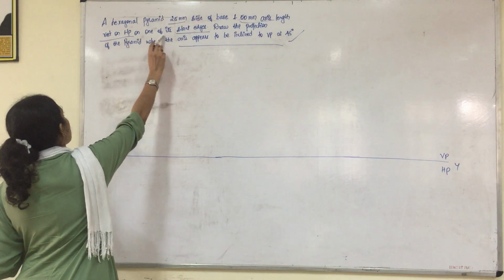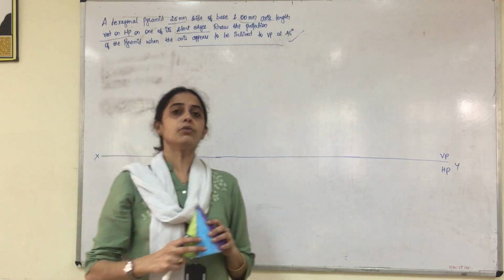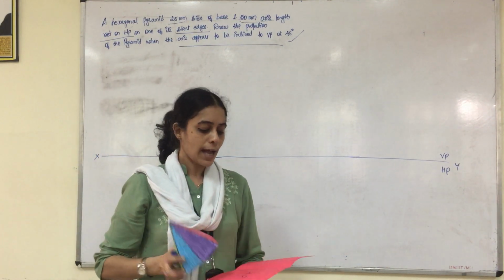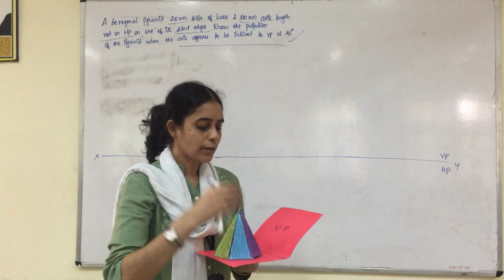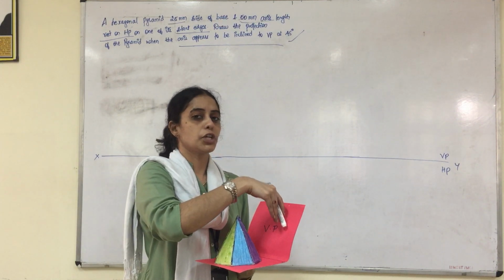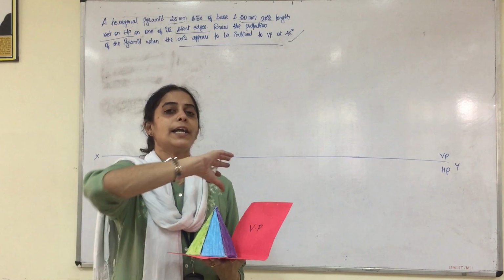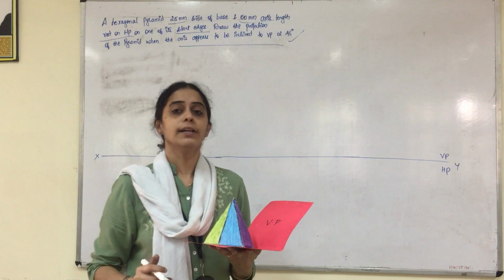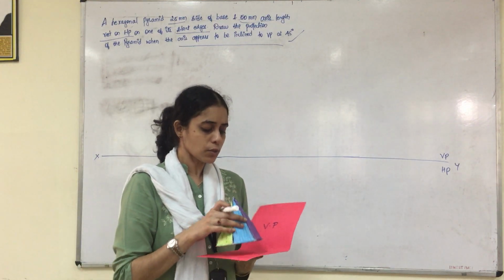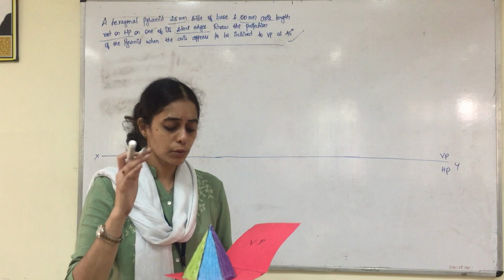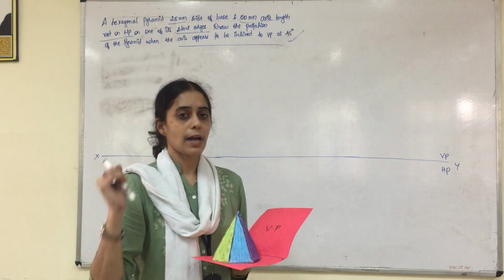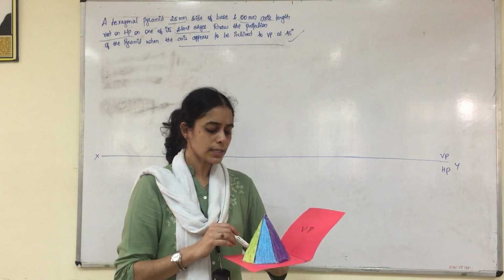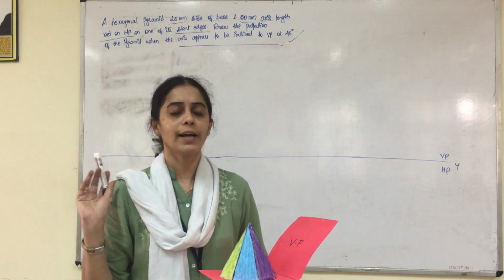So it is resting on one of its slant edges. In order to project the slant edge on the XY plane, always the thumb rule is that we have to keep one of the corners towards our right. Then only we can project the slant edge in the front view and shift one of the slant edges on the XY line in the second stage. So whenever it is a problem on slant edge, the thumb rule is we keep the corner towards our right. So here also we keep the corner towards our right, and obviously you will get the opposite corner towards your left.